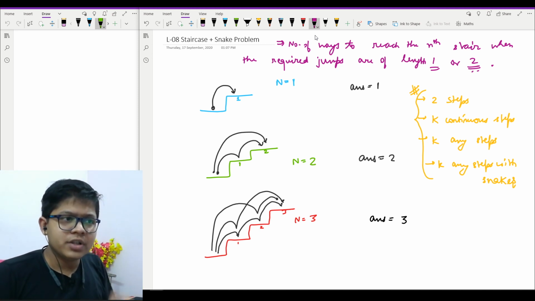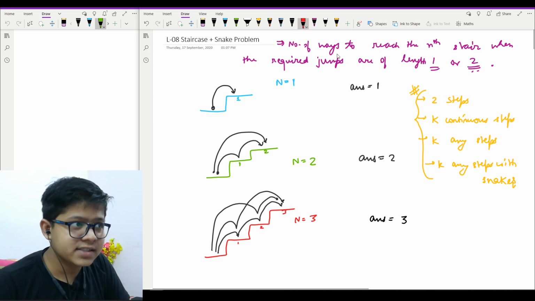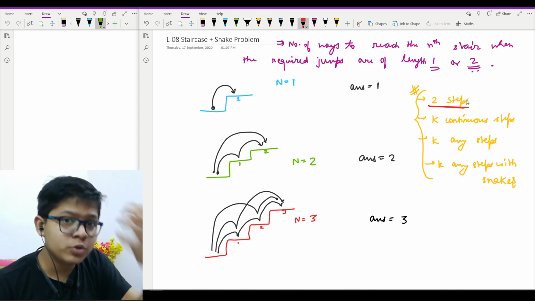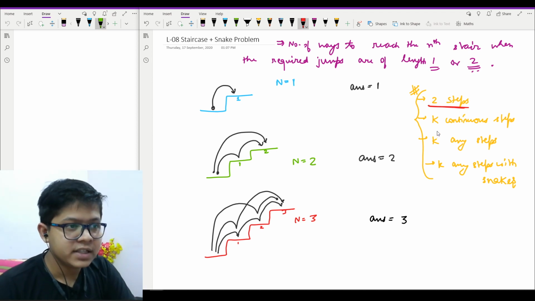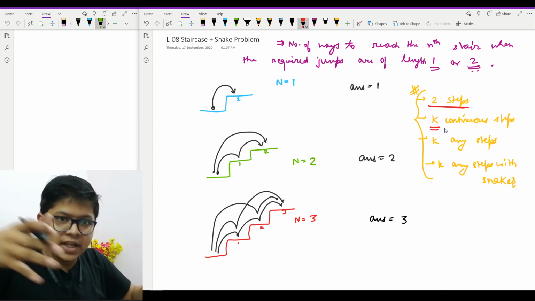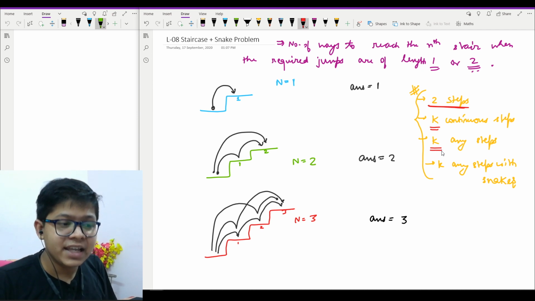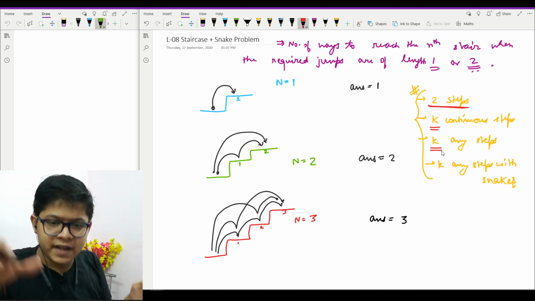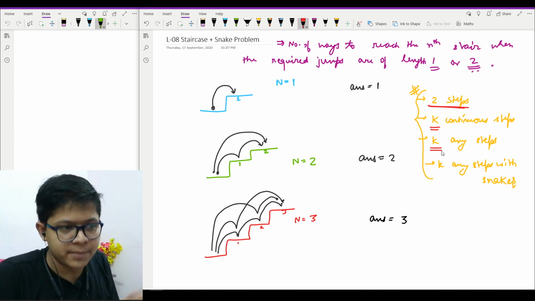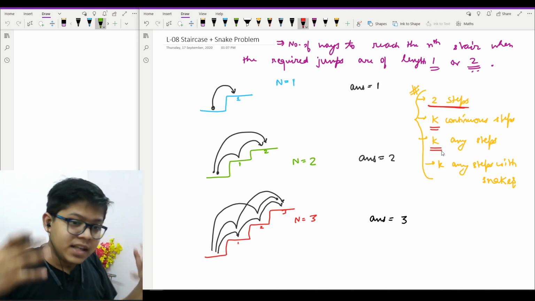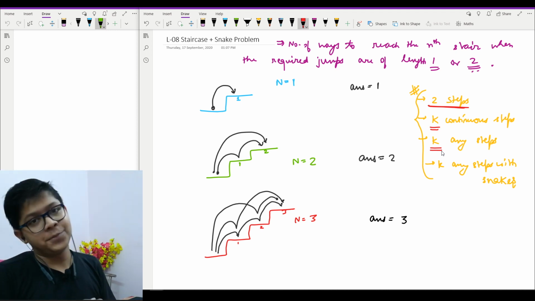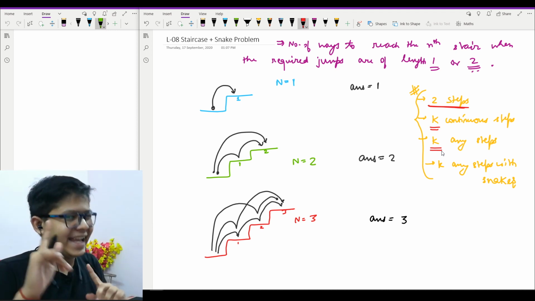Okay, so now what we're going to study in this is these 4 varieties. Firstly, which I spoke above right now, just that 1 and 2 steps, like 2 options only. Then I will have k continuous options, that is 1 2 3 up to k. Then I will have k any options like 1 3 5, it may have any option, but it will be k options, like any number of options I should say. And then I will have another last alteration of this problem, which is k any options with snakes on some options, which means that you are not allowed to take every option, right?